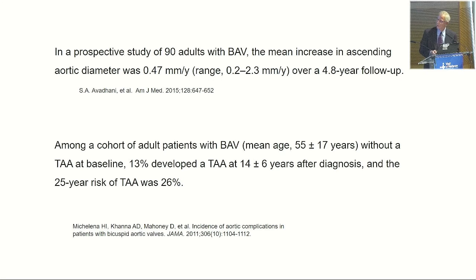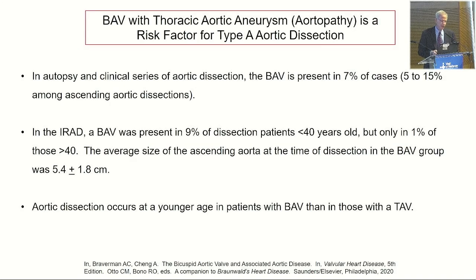This was already talked about in detail in Hector's talk, but aortas grow at different sizes in bicuspid valve disease. Lots of papers in the literature, but generally they grow slowly, and a small segment of aortas grow more rapidly. But it is important to emphasize that the larger the aorta, the more rapid it typically grows. And again, over a lifetime of follow-up, aneurysm disease risk does occur for individuals being followed with bicuspid valve disease.